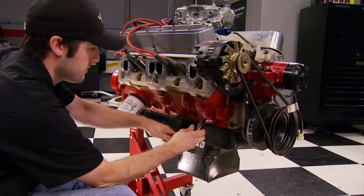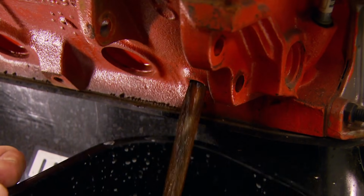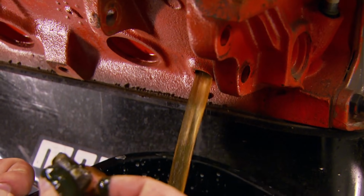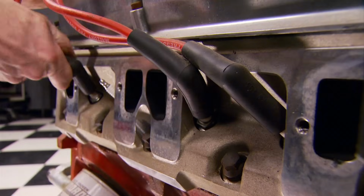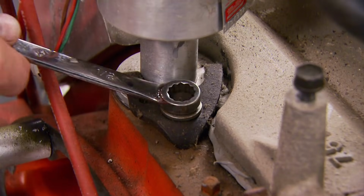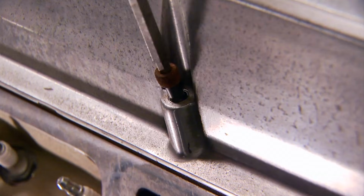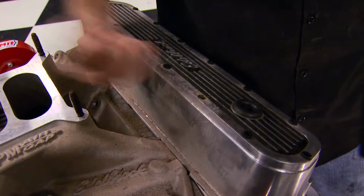For example, the previous owner had upgraded to a Moroso oil pan that still looks good. Now the water coming out of the block looks normal, which is a good sign. The wires had been replaced, but they're now too brittle for reuse, and the distributor was pretty corroded on the inside. The Edelbrock valve covers are keepers,